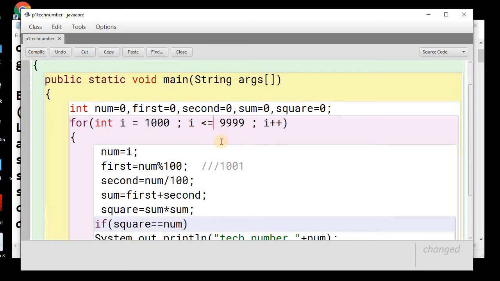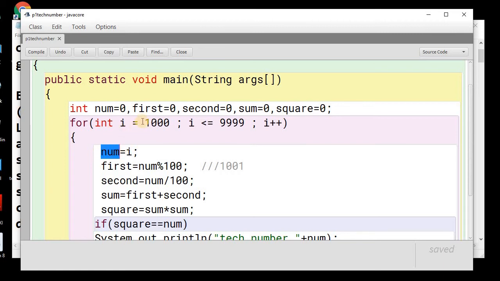We'll include both these numbers as these are 4-digit numbers. We'll update the loop by one value, so this is i plus plus, i is equal to i plus 1. Now each number is accessed by this integer variable i, so we need to store i into the num variable.